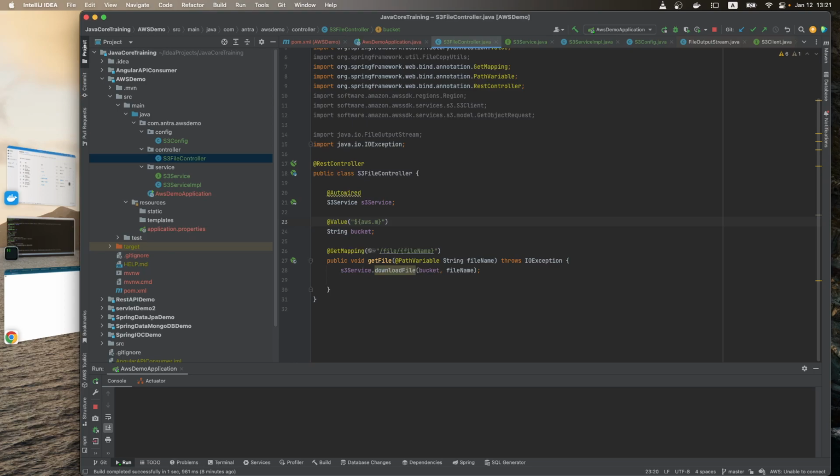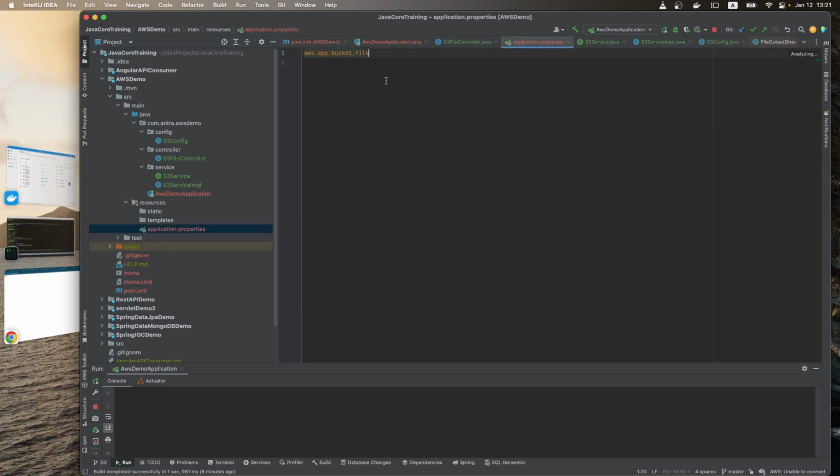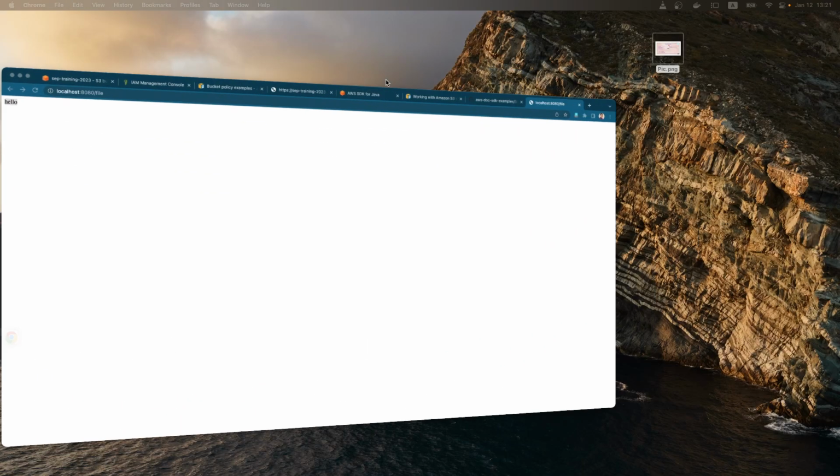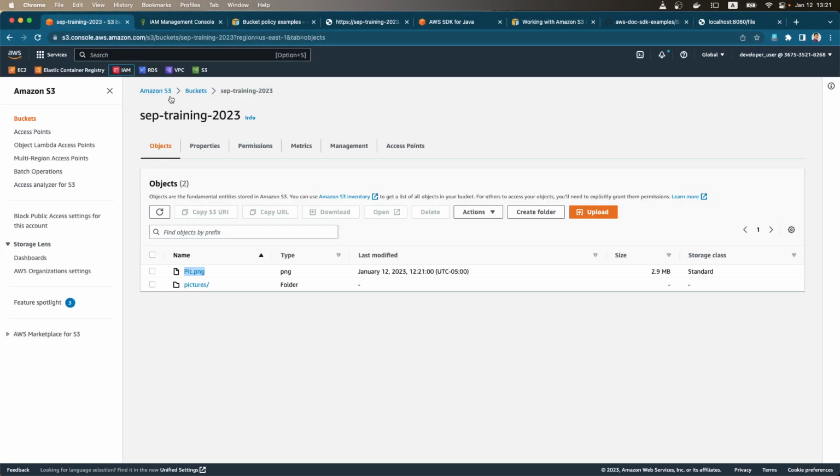my application dot bucket, okay, dot let's see, file. Okay, so this is my customized properties. We can put it in the properties annotation configuration, and then we give it the name. What's the bucket name? This